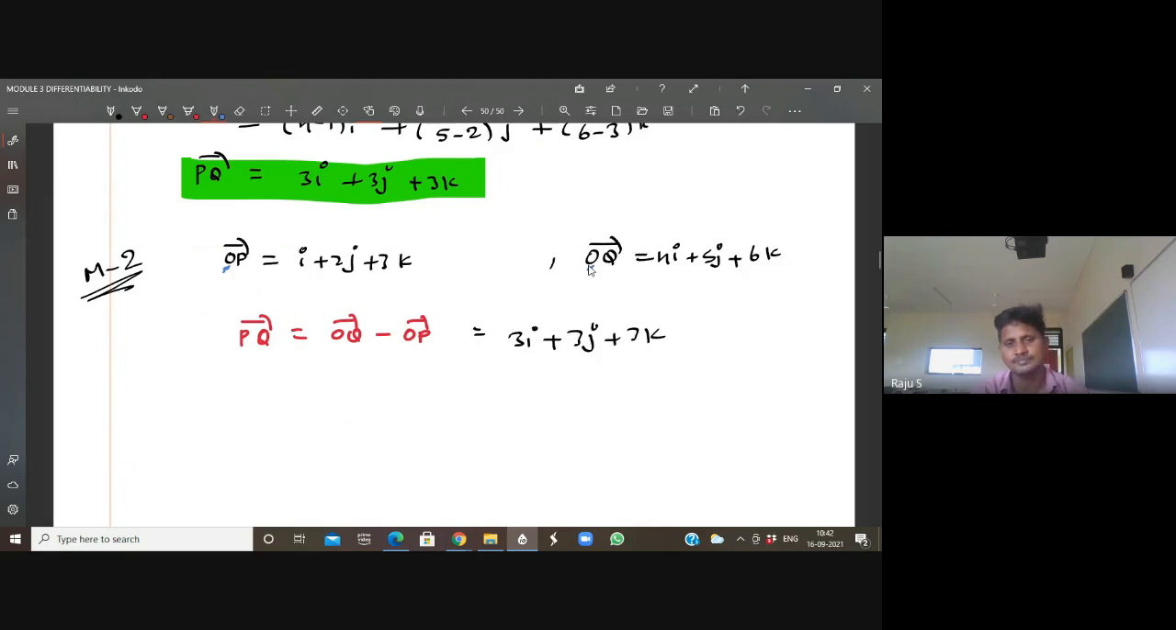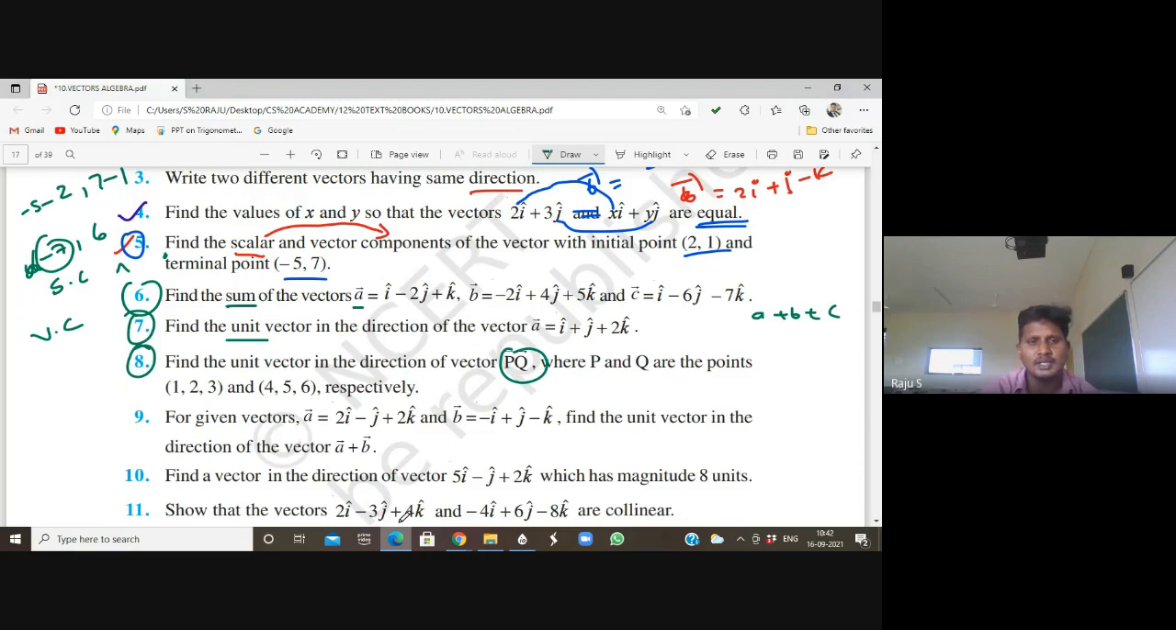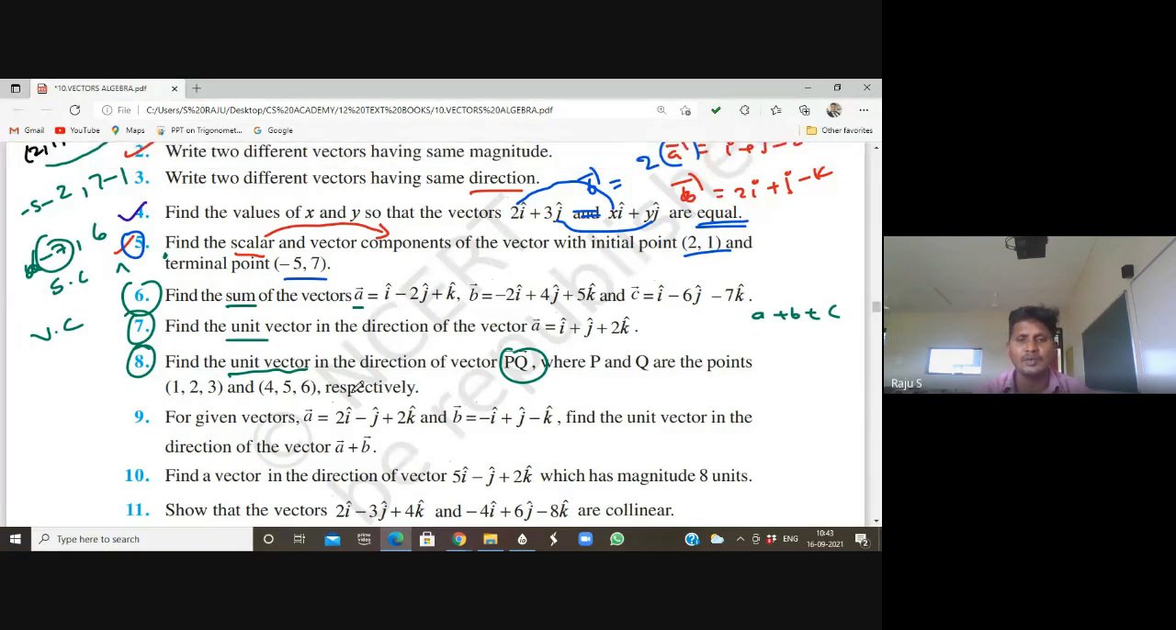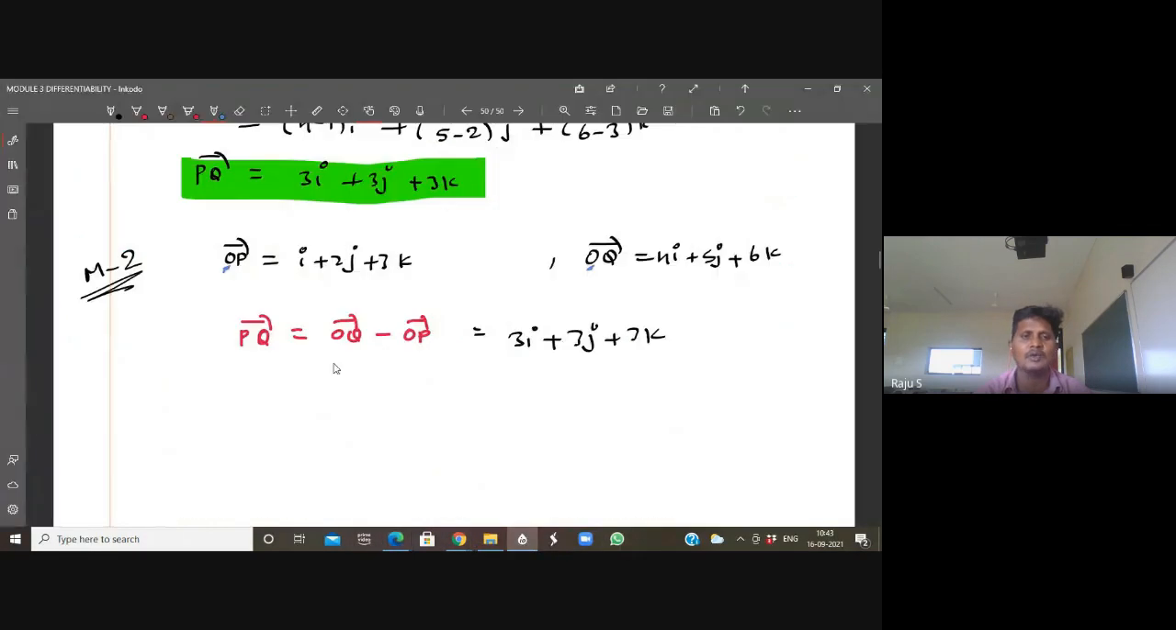Got it? Position vector, right. But here the question is, we have to find the unit vector of PQ vector. Already we got PQ vector, then how can you find the unit vector? This PQ vector I'm going to take as vector A. Then unit vector